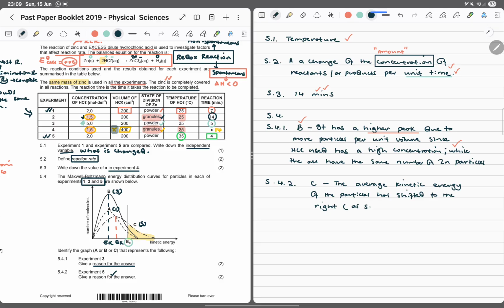As seen with a different peak, or should we say as seen with the peak, as seen with a peak or shifted peak. Right. So the average kinetic energy of the particles has shifted to the right as seen with the peak due, remember we need to explain why, due to a higher temperature